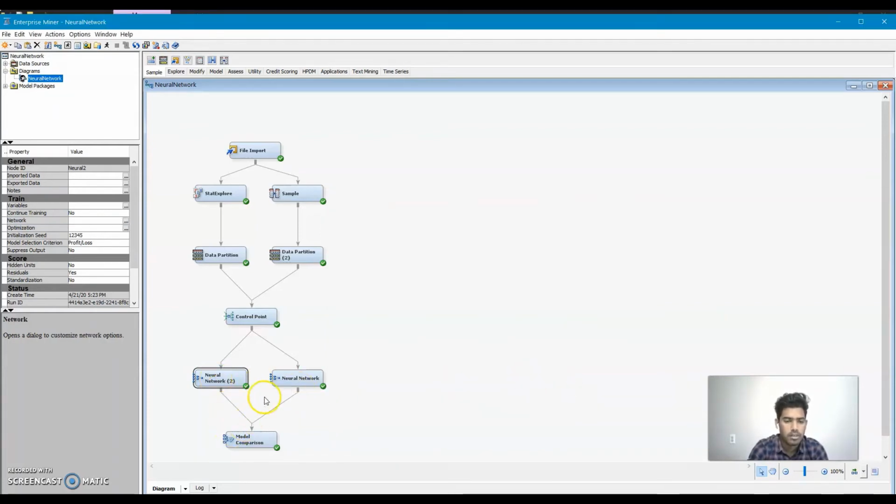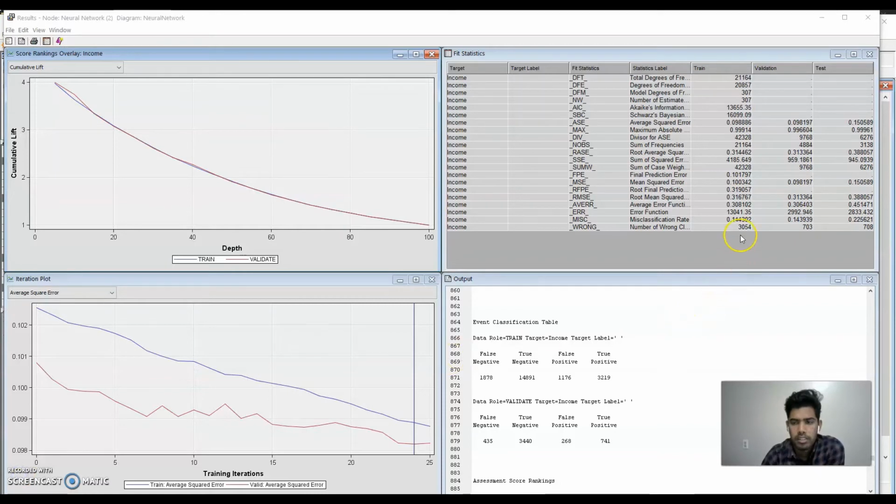After that, my fourth concept comes, which is model evaluation. In model evaluation, we need to make sure that we not only look at the misclassification rate, but we also look at the confusion matrix. As you can see, I'm getting a misclassification rate of 0.14, and I'm getting the best possible weights, the global optimum, at almost the 23rd iteration. And when we see the true positives and true negatives, we observe that there are a lot of true negatives but very few true positives, which indicates that our dependent variable is skewed.